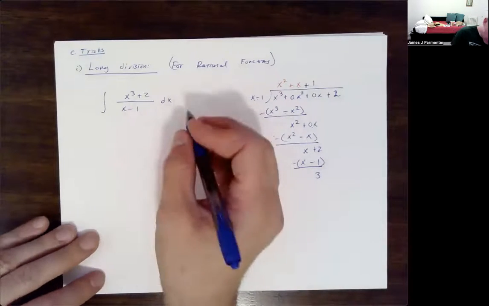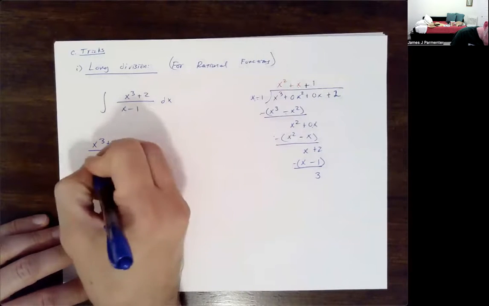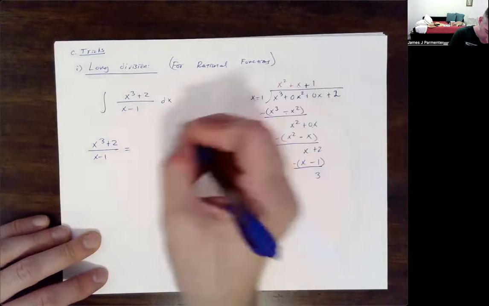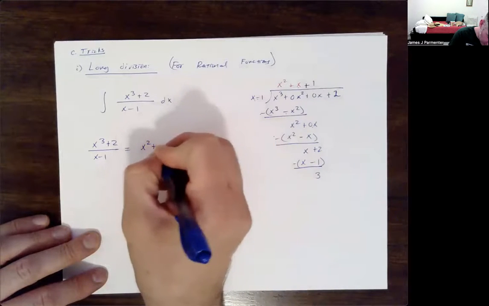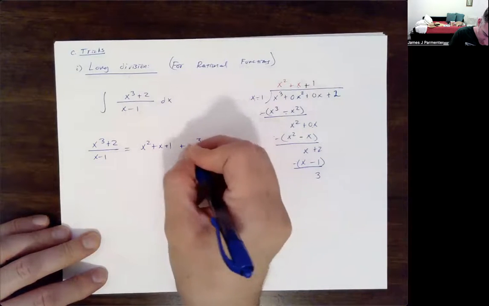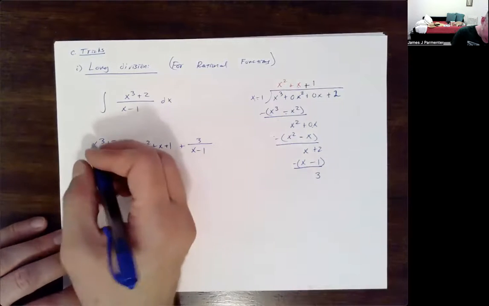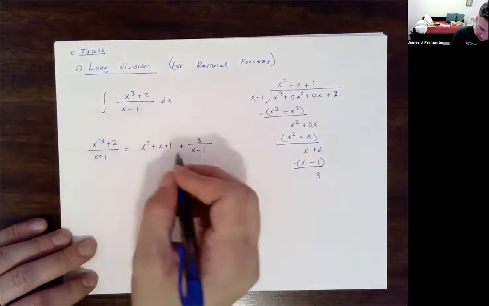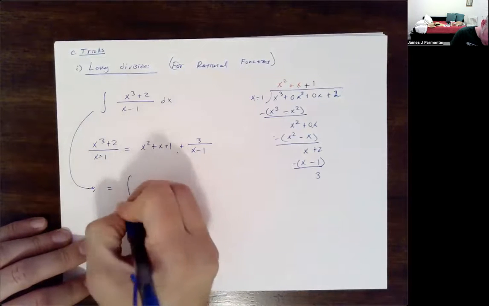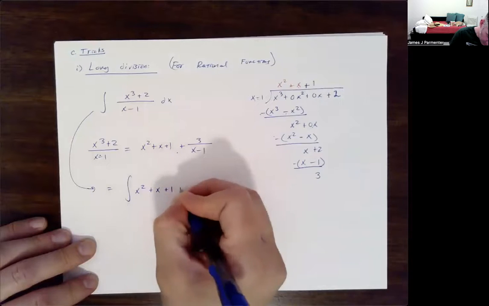So what we can say here is that our fraction x cubed plus 2 over x minus 1 is equal to this quotient x squared plus x plus 1 plus the remainder divided by the divisor. And then we can say that the integral of this is equal to the integral of that. So this integral is going to be equal to the integral of x squared plus x plus 1 plus 3